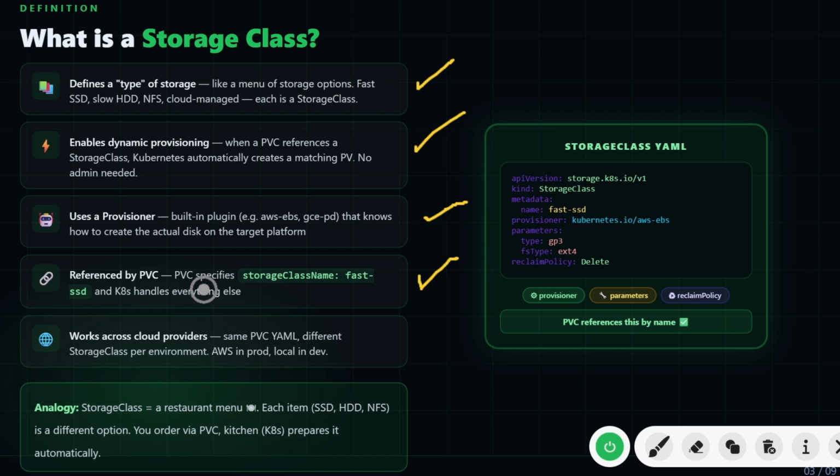Here the persistent volume claim specifies the storage class name like fast SSD or HDD, and then Kubernetes handles everything else, and it also works across cloud providers. The same PVC YAML file works, and we define the storage class per environment, whether AWS or local, whatever we want it to be. For a better understanding, a simple analogy: you can think of a storage class as a restaurant menu. Each item is like a storage class, like SSD, HDD, NFS. Those are the different options you have. You order via the PVC, and Kubernetes is the kitchen that